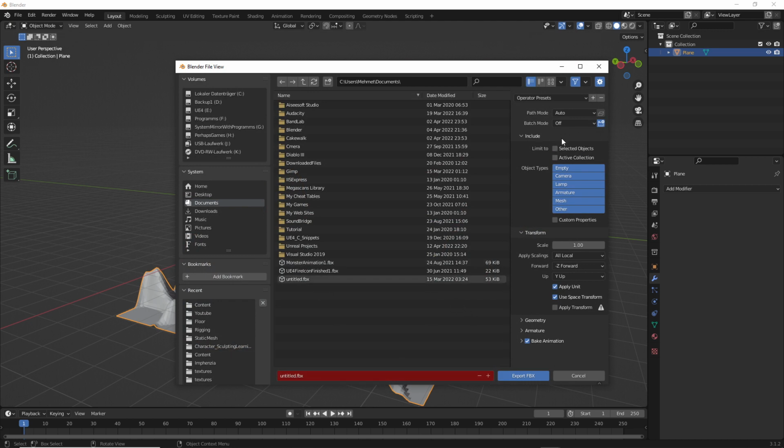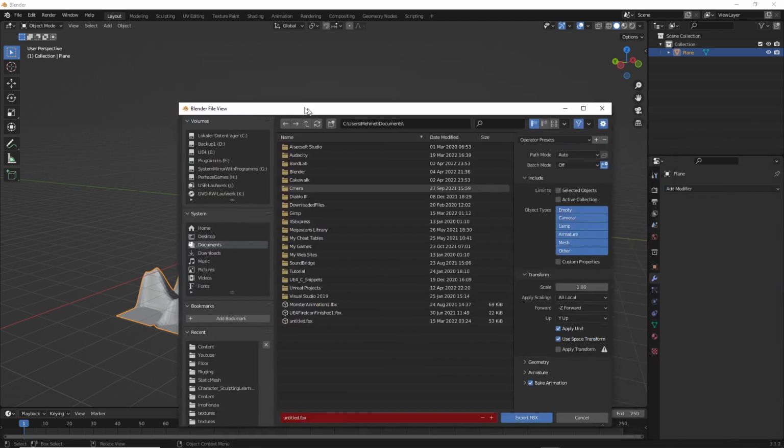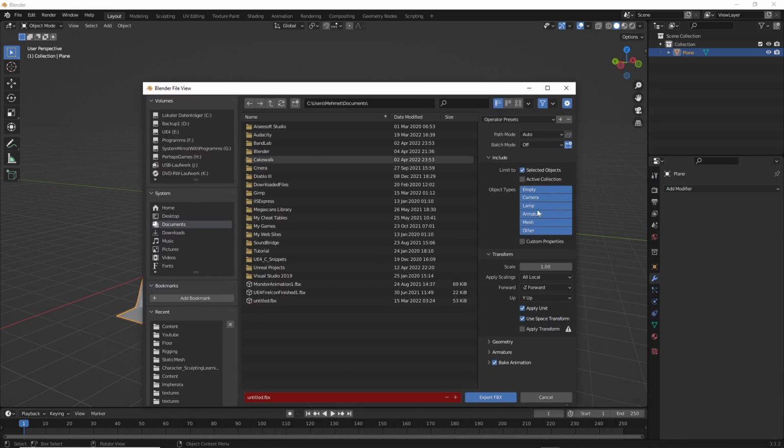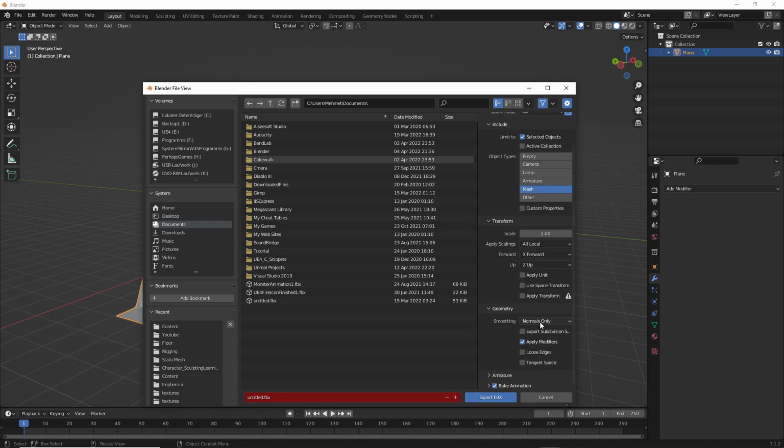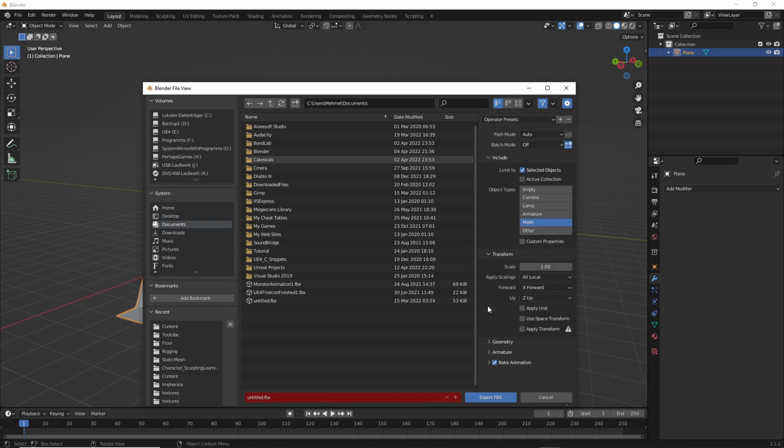We set some settings here that are very important. Our object must be selected. Select this one, go to Mesh, go again here, and here, X forward, set up. Here I select nothing, I will test this later. I have never tested it out, but we can scale this in Unreal too and change the direction, so not a big problem for a static mesh at least. And here we change this one. Perfect. And we name this one, let's name this